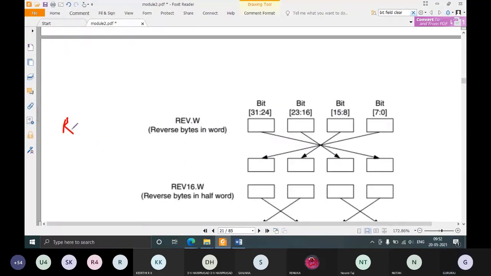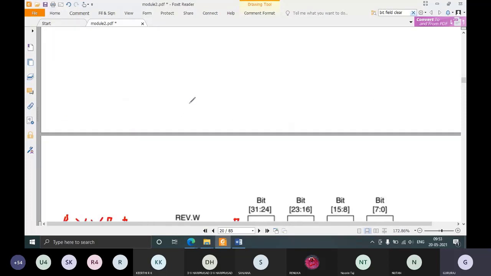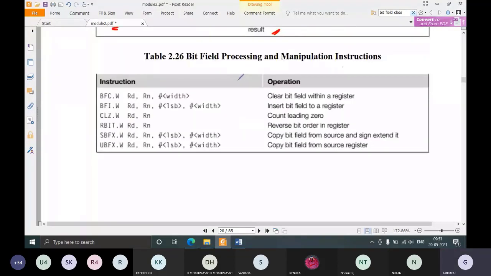REV.W R0, R1. What we are trying to do is reverse the bytes in the word.